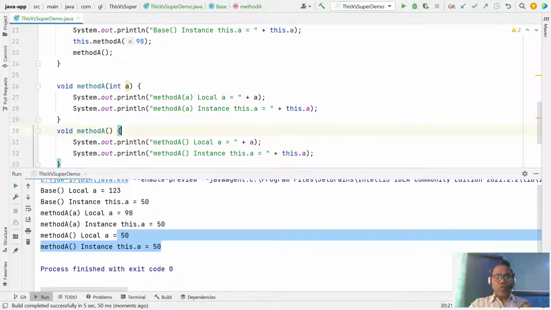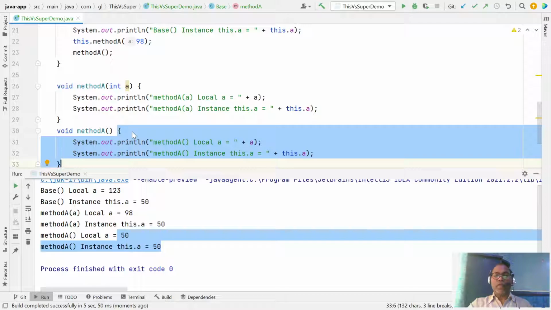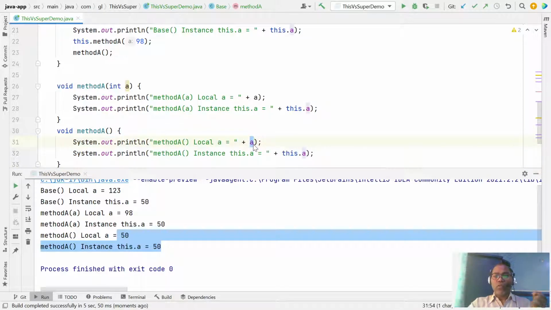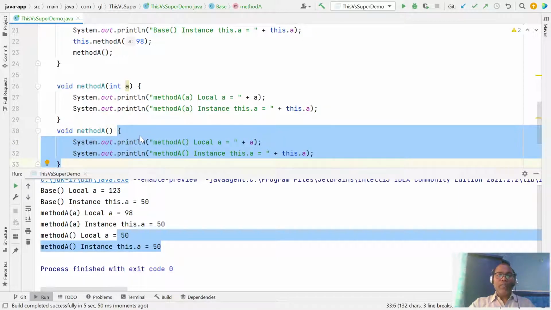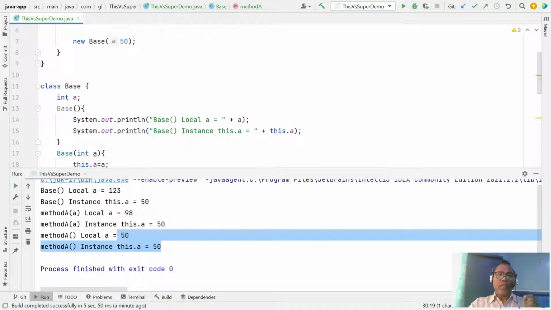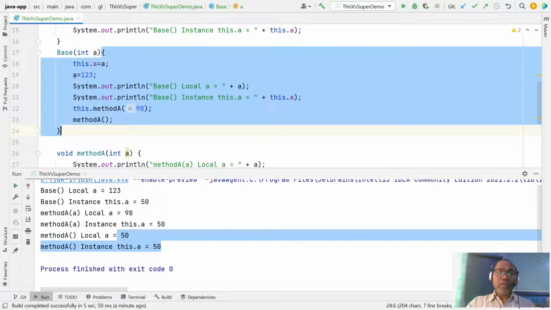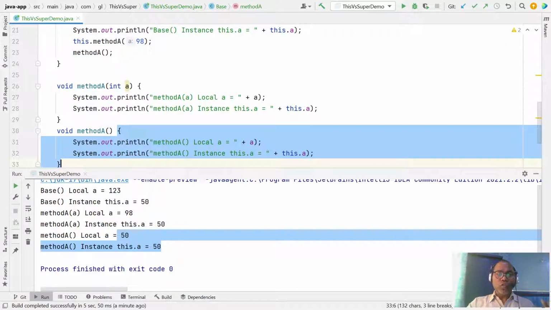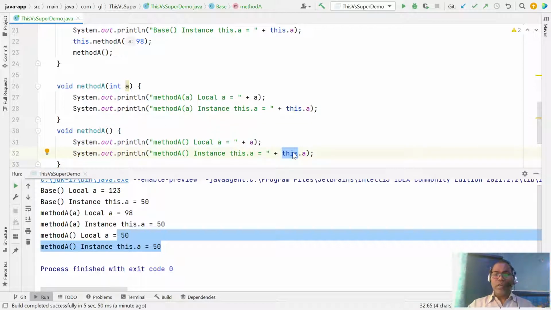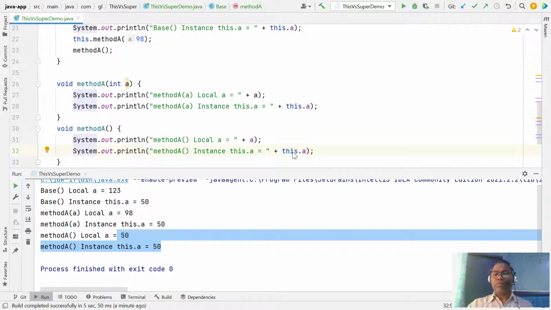So if your local variable does not have any name conflict, and you are using the instance variable, you don't even need this. Here you don't need this, because in the local scope there is no variable a redefined. So the this keyword only helps if your method or constructor already has a local variable with the same name, then you are going to use this. If in any constructor or method there is no variable with the same name as an instance variable, there is no need of this keyword. So here you can avoid this.